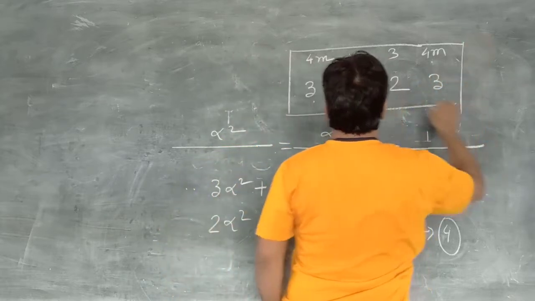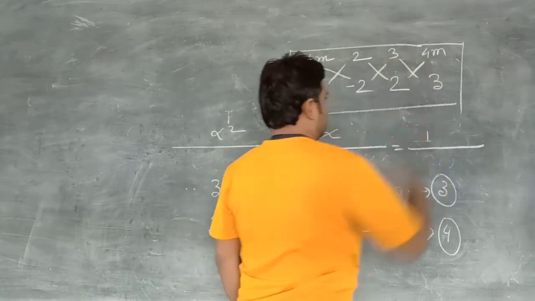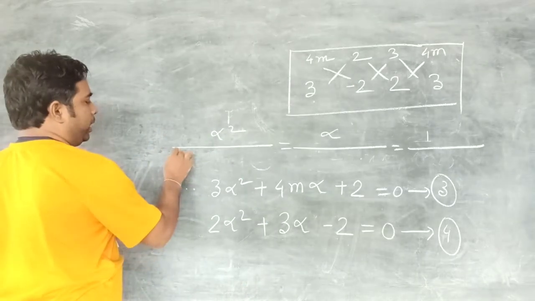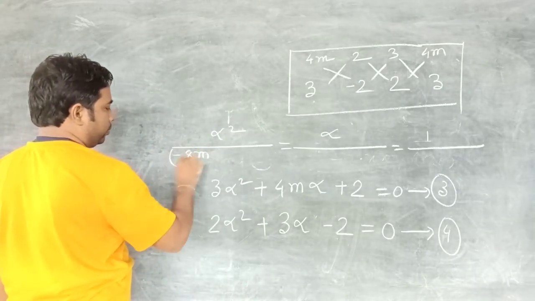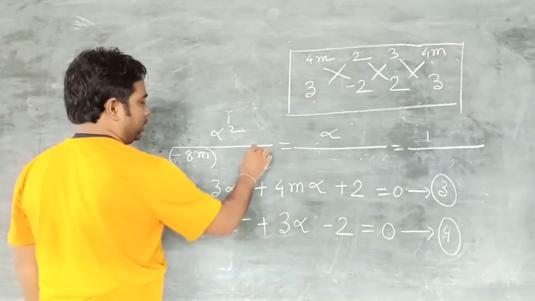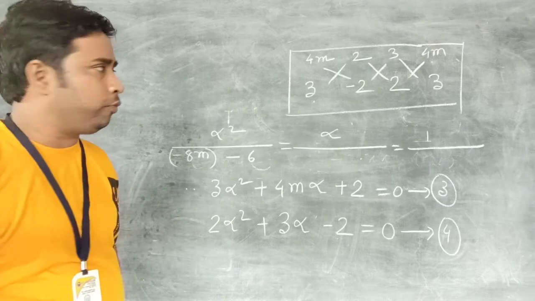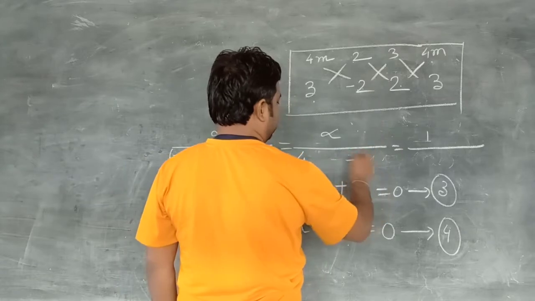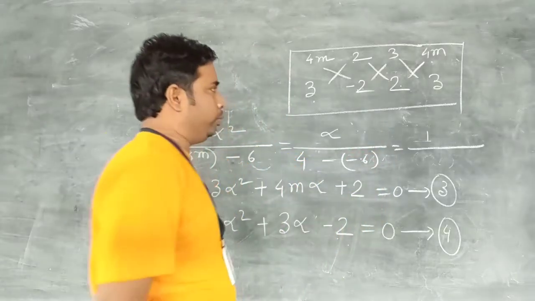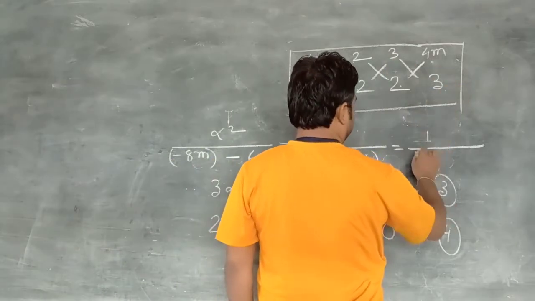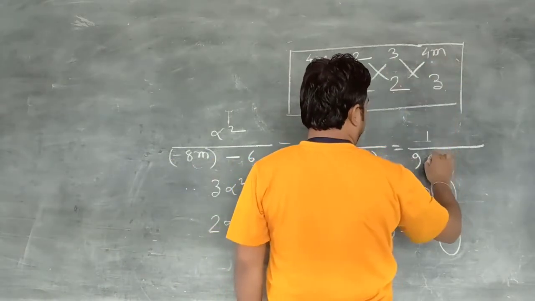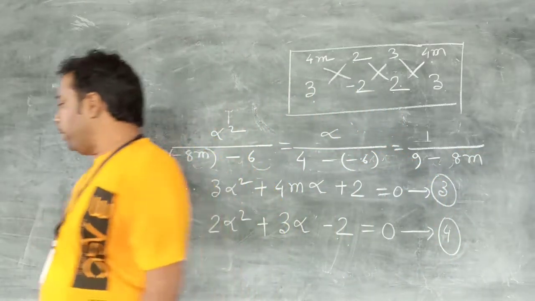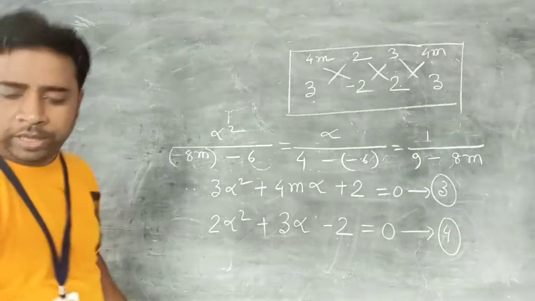After that, this is the rough part. Okay, so let us put it here. 2 into minus 2 into 4, minus 8m. Then 2 into 3, 6. And we have to put a minus sign between the two. That was the rule of the cross multiplication method. Next, 2 times 4, then 2 times minus 6, with a minus sign between the two. Then 3 times 3, 9, and this is 2 times 4, 8. So that was the rule. Okay, now let us find the values of alpha and alpha square from here.